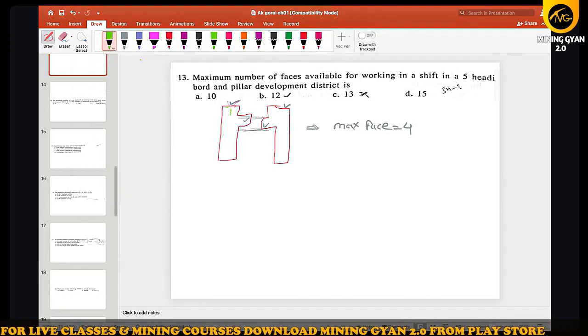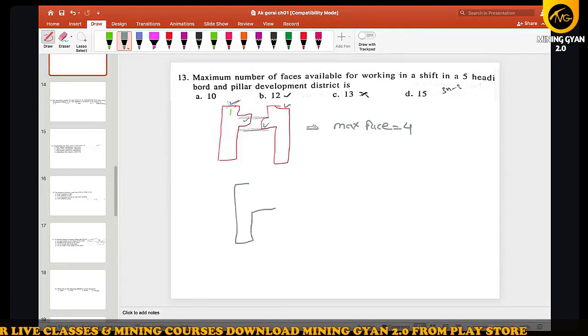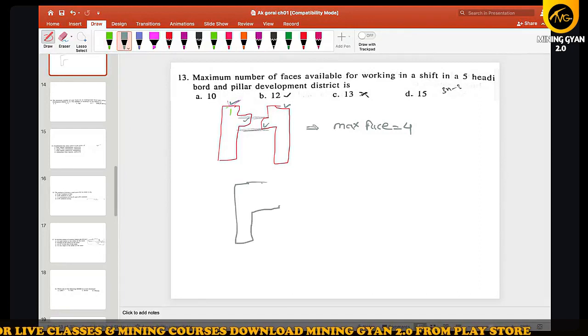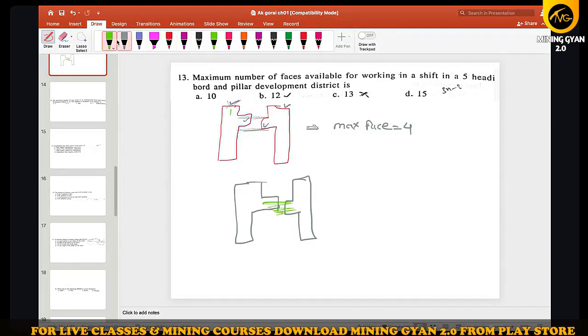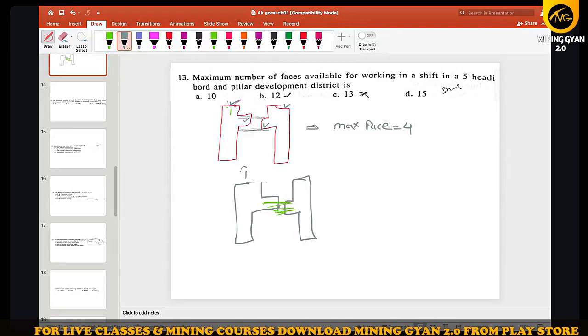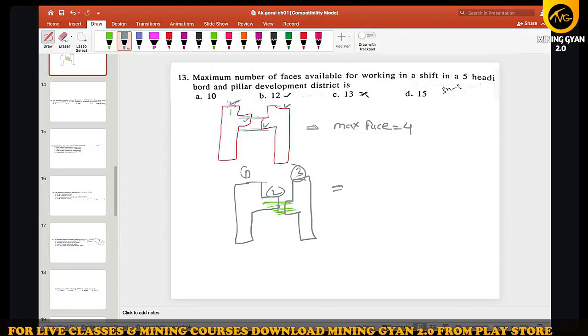I will draw another diagram so you will not get confused. In the minimum case, we will consider this as one phase. So how many phases? 1, 2 and 3. If they ask us the minimum phase, then